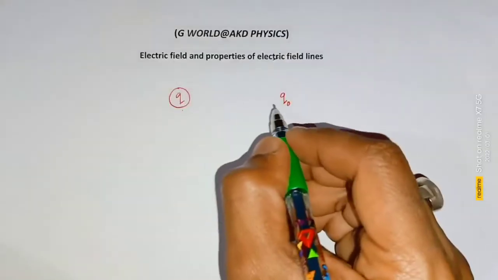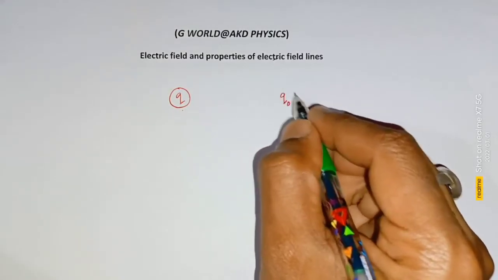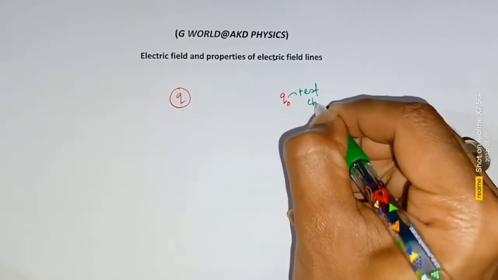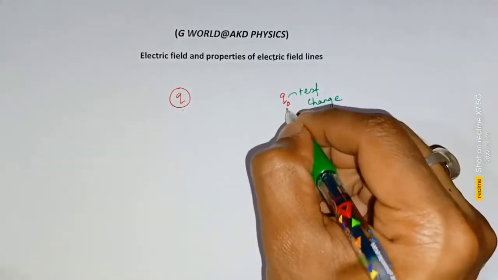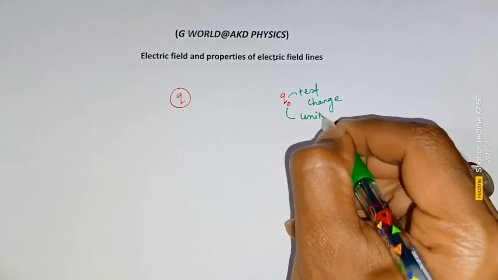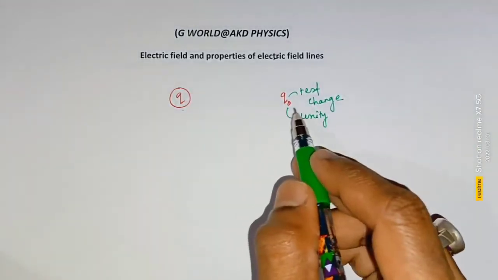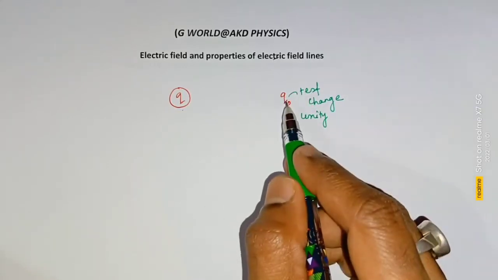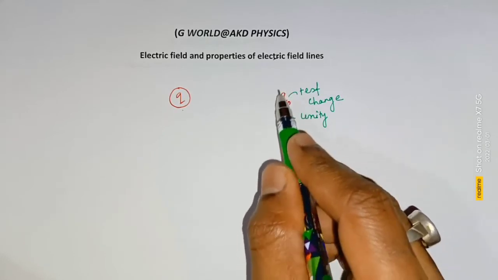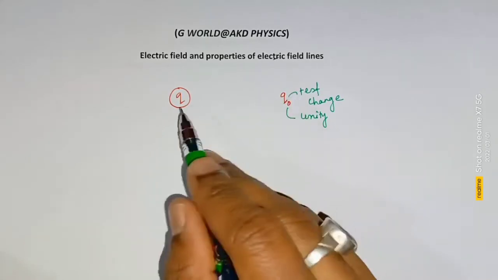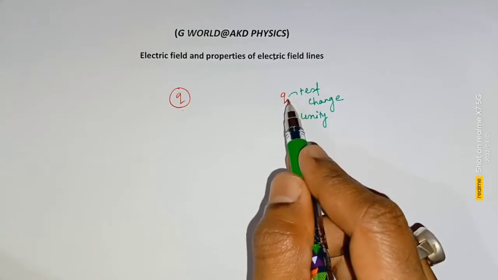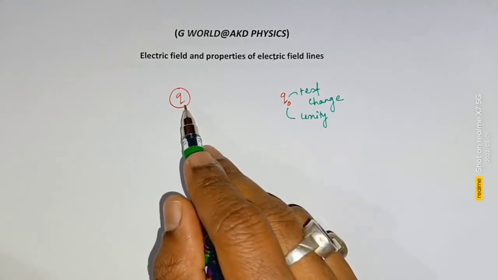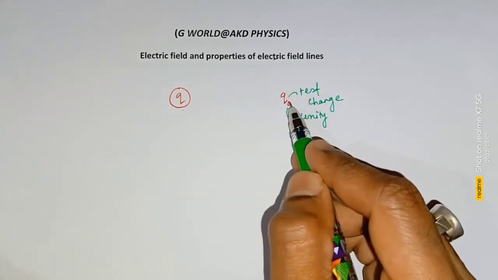Here the question will arise, why a unit positive test charge? This is a test charge. And what is its magnitude? Magnitude is unity. You can say 1. Now the question arises why it is a unit positive test charge? Because if I consider this charge to have some larger magnitude, then this test charge cannot give the exact field strength of this source charge. If I consider this is bigger, then this